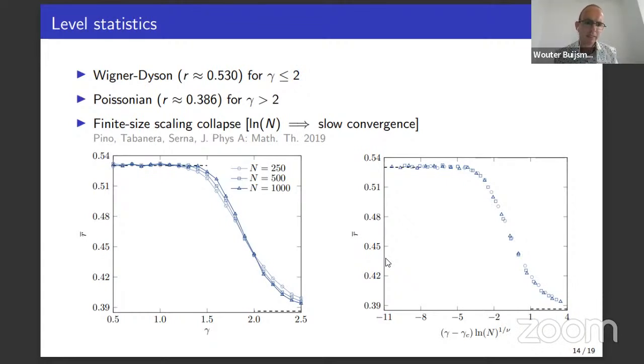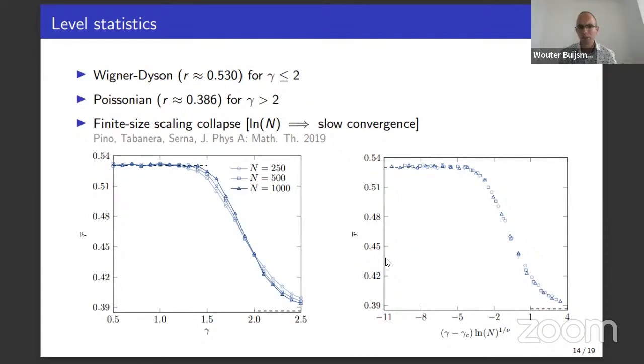What we did first was we looked at the level statistics. In order to investigate this, we looked at the average ratio of consecutive level spacings. I guess most of you have heard about this at some point. For those who didn't, what we essentially do is, instead of looking at the distribution of the spacings of consecutive levels, we look at 3 levels, and then we have 2 spacings. We look at what is the smallest spacing, and what's the largest spacing, and we divide them on each other. This has 2 advantages. One, this ratio is independent of the density of states because it's the same for both level spacings. And second, it allows us to